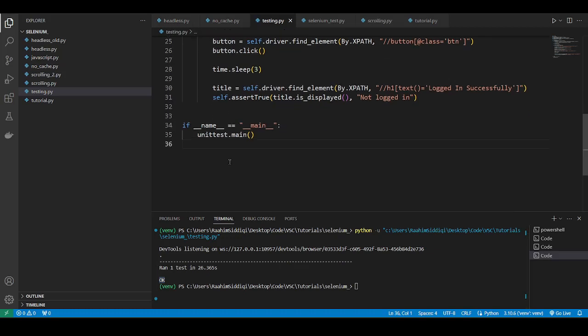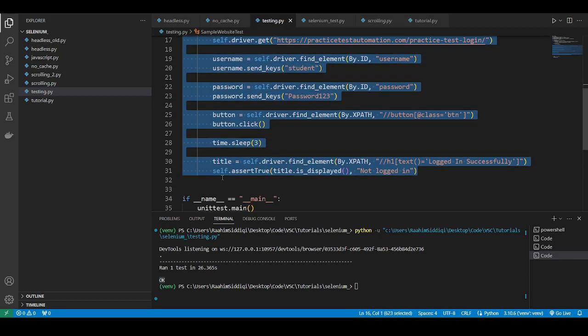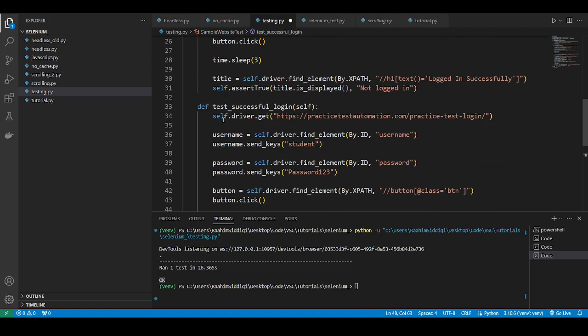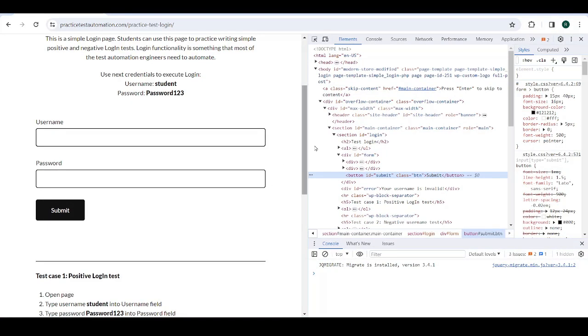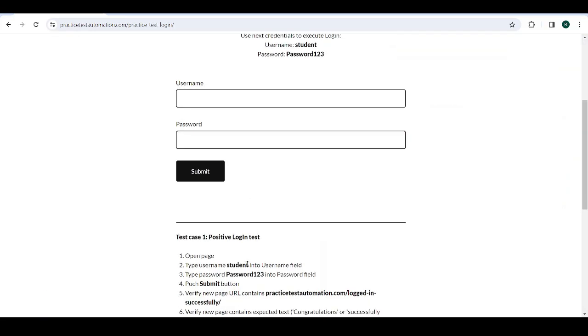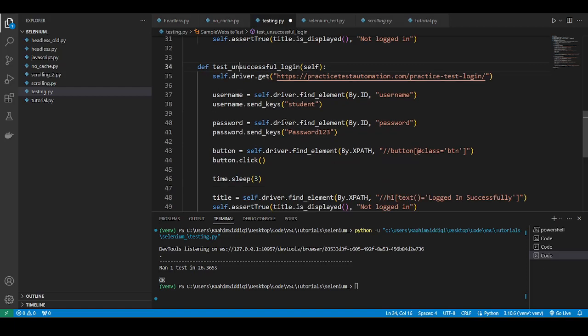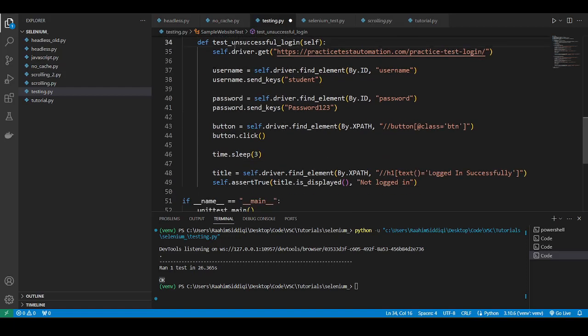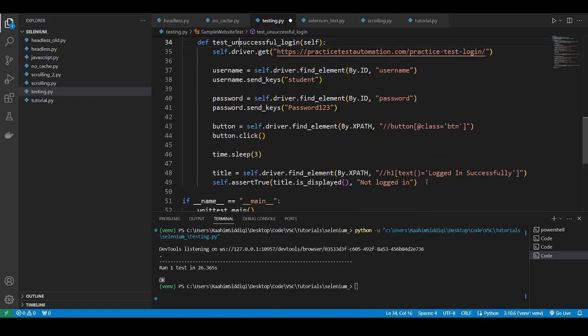All right. Now that was pretty cool. I'll just show you one more thing now, because you've defined a successful test, but you should also define an unsuccessful test. You know that you're logging in correctly, but you should verify that incorrect credentials should return false, that it should not work. So I'm going to make an unsuccessful test. I've just copied this, and what we're going to do is